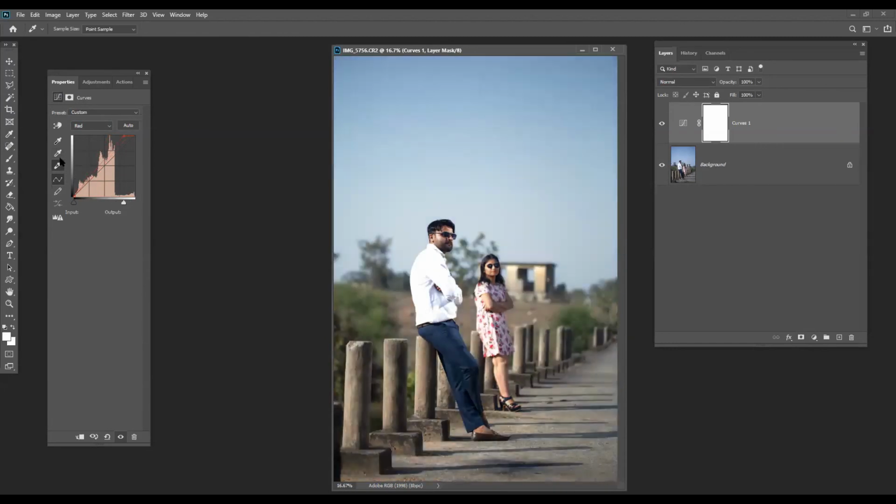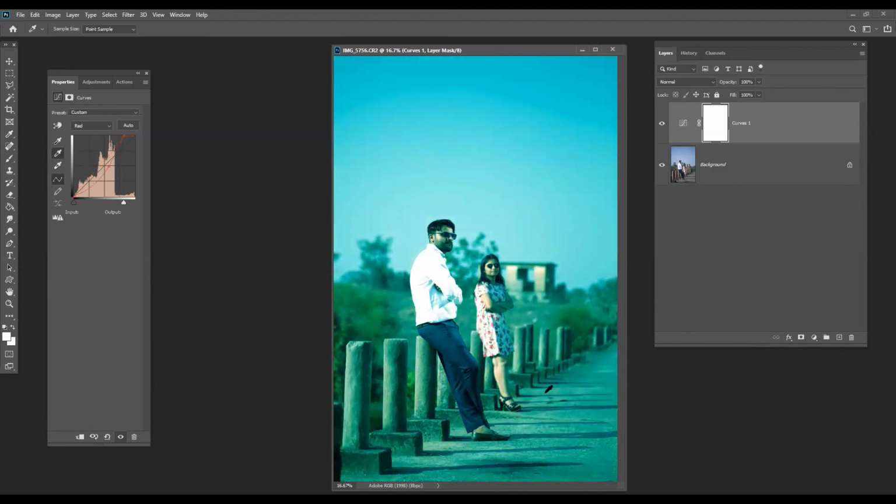And if you take the mid-tone gray points, it will try to give you a kind of grading. This is one way to put in a simple color if you want a basic color output.